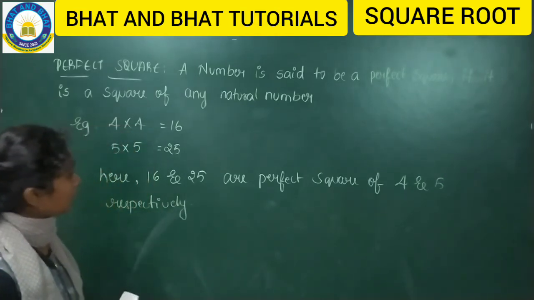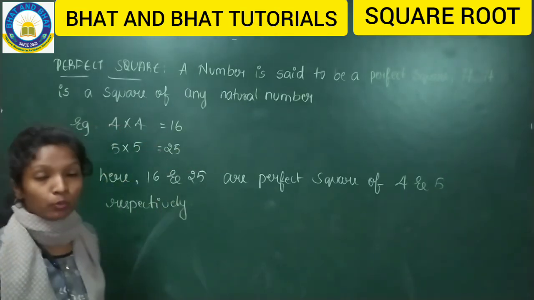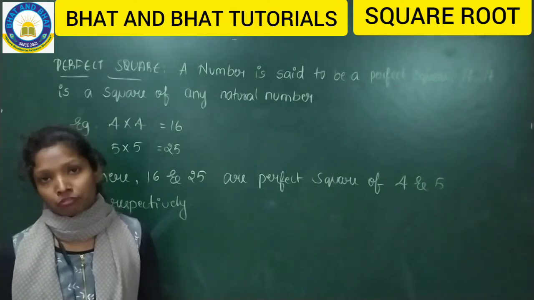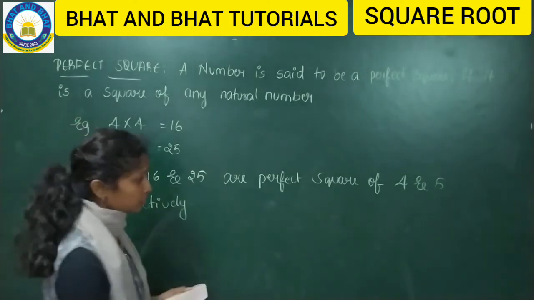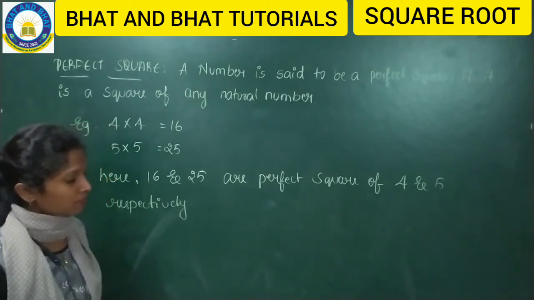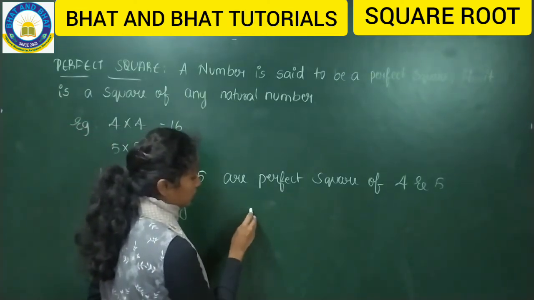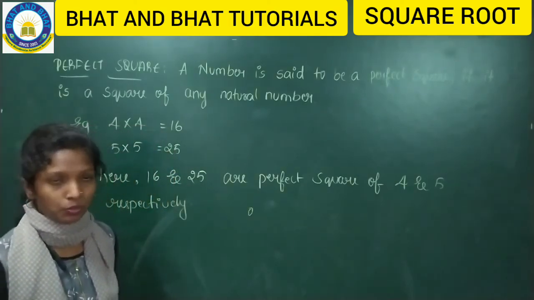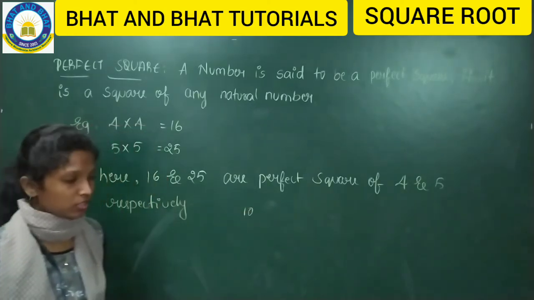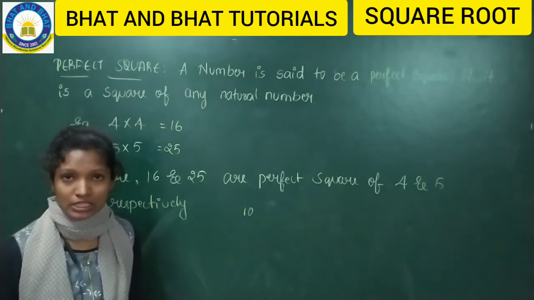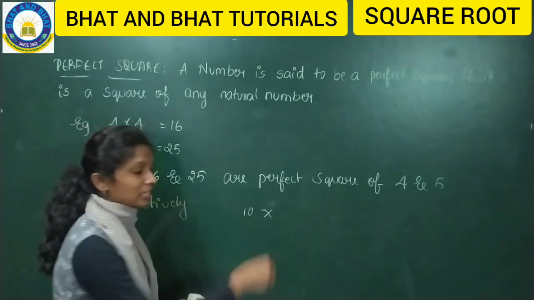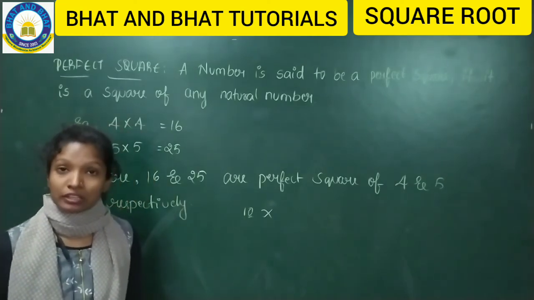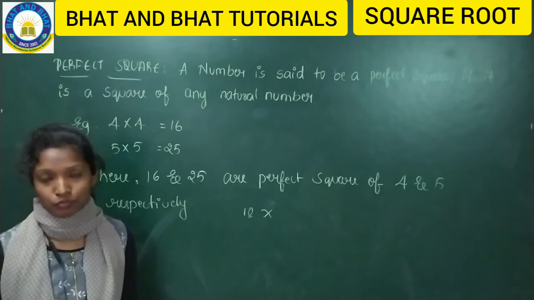So what happens here? 4 fours are 16, where 4 is one of the factors of 16. For example, 4 ones are 4, 4 twos are 8, 4 threes are 12. Like this you will be telling. Sometimes they ask about the properties of 0. 0 zeros are 0, so 0 square is 0, we all know that. But 10, is there any square root? If you take any square root, will you get the answer as 10? No, so we can't call this a perfect square. And a number ending with a single zero is never a perfect square. That is also one of the important things you have to remember.